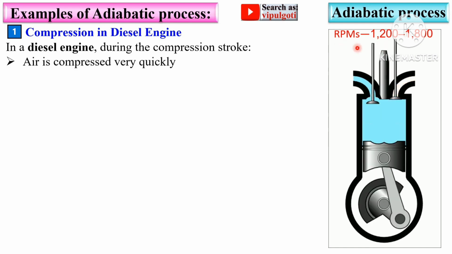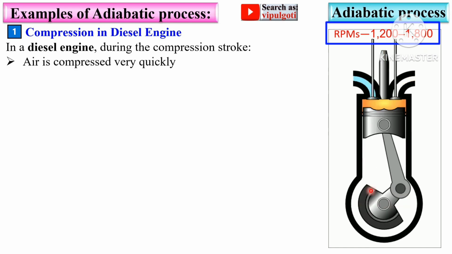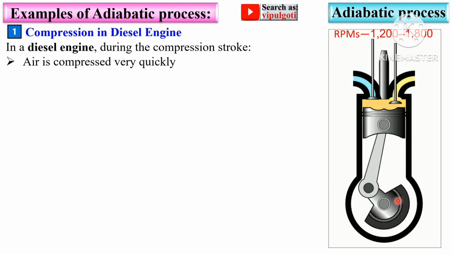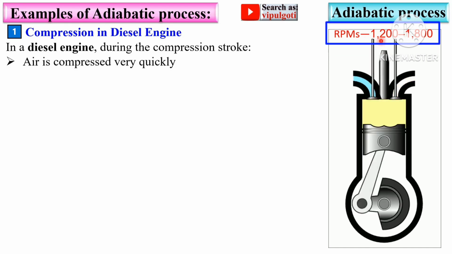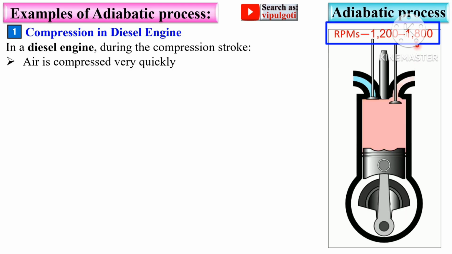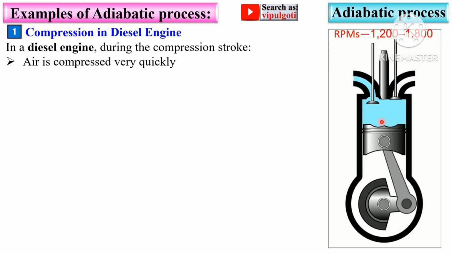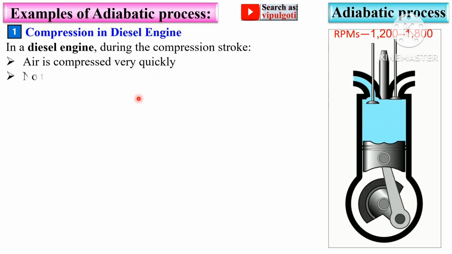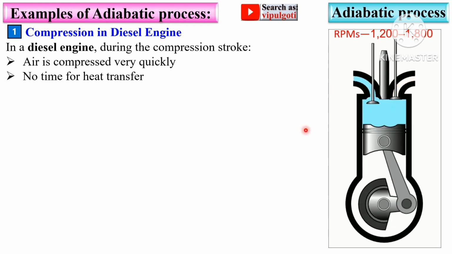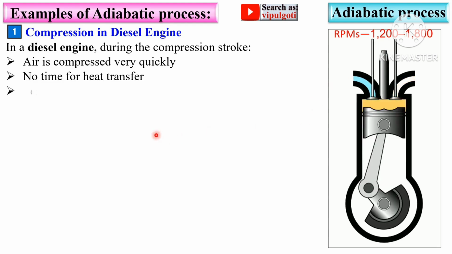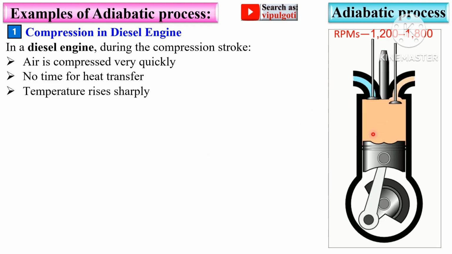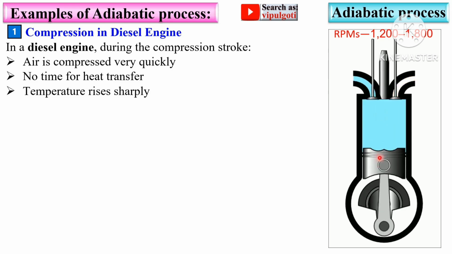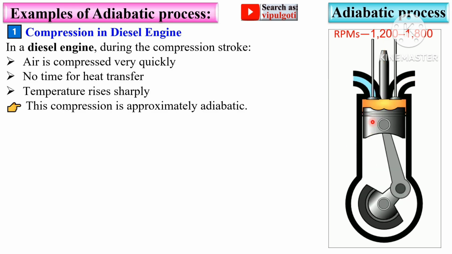The RPM of this engine is 1200 to 1800, so you can imagine it is a very fast process. So air is compressed very quickly, and there is no time for heat transfer from system to surroundings or surroundings to system. The temperature rises quickly, so you can consider